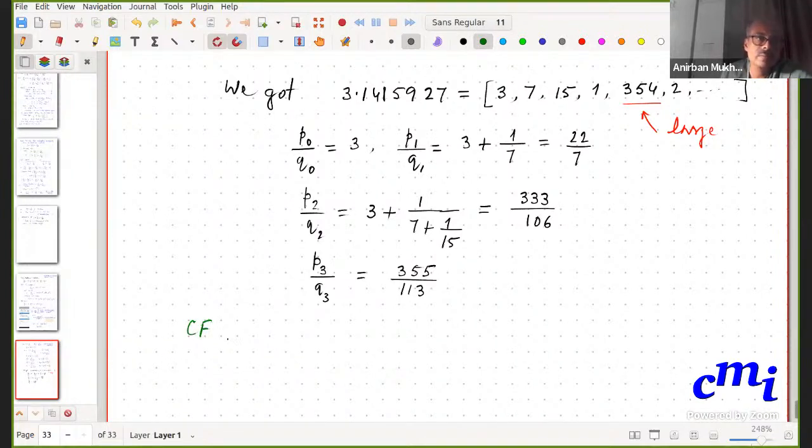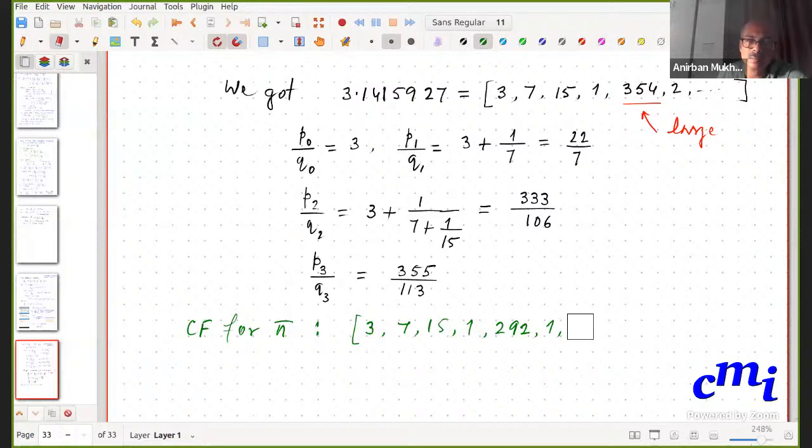The continued fraction for pi is the following: 3, 7, 15, 1, and then we have a large entry, but this is 292 instead of 354 that we got. Of course, we would be getting things wrong because we are not actually approximating pi, but a decimal approximation. Then 1, 1, 1, 1,